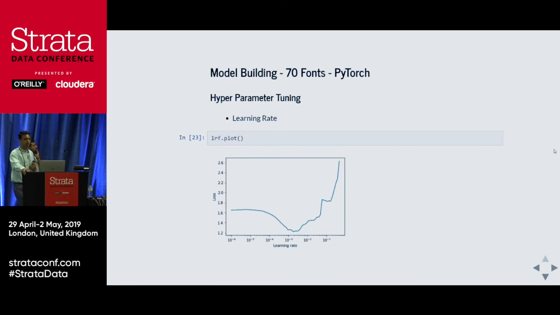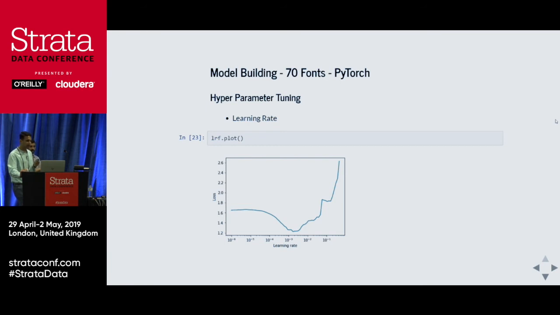However, if we get quite aggressive and say, okay, if 10 raised to the power of minus 3 is good, then 10 raised to the power of minus 2 has to be better, and 10 raised to the power of minus 1 has to be much, much better. But that's not the case, because if you get too aggressive, you tend to jump out. Think of a car going down a hill, and if you accelerate too much, you might actually jump off the cliff. So if you want to remain on track, you need to maintain your momentum and your acceleration, and that's what learning rate is all about.